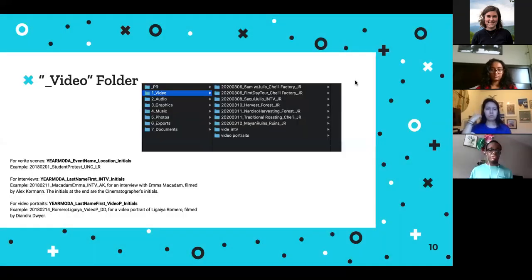This is the video folder. So this is a naming convention, as you see on the bottom left. For verite scenes, you'll do YYYYMMDD, and then underscore the event name, underscore location, and then underscore your initials. So in mine, I have 2020, 03, 06, that's March 6, 2020, underscore the event name